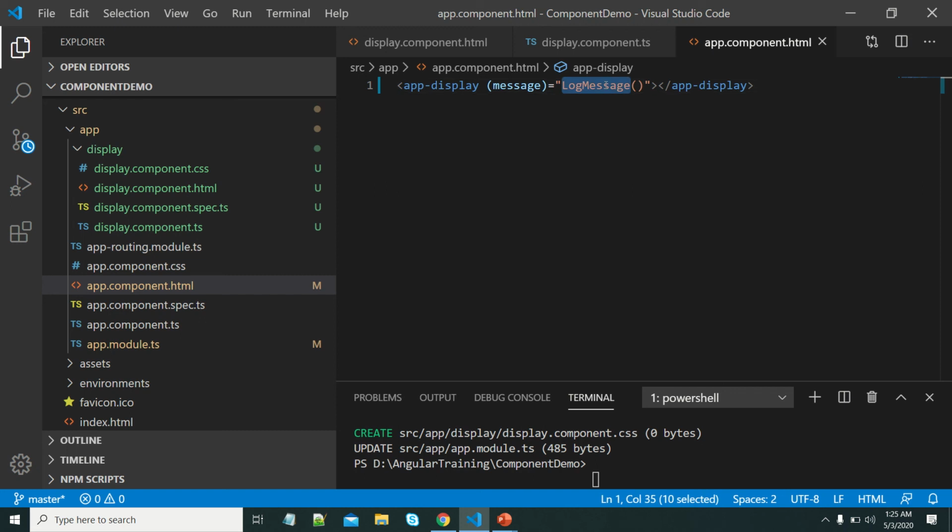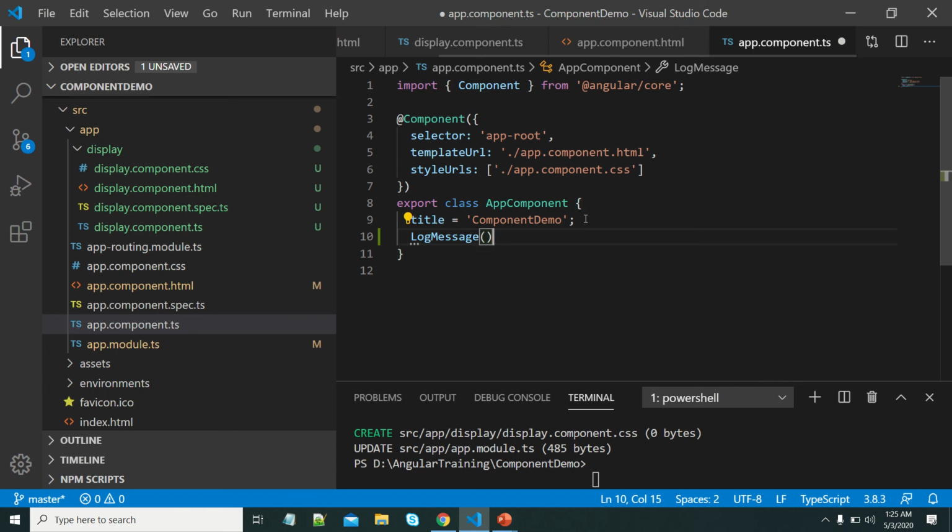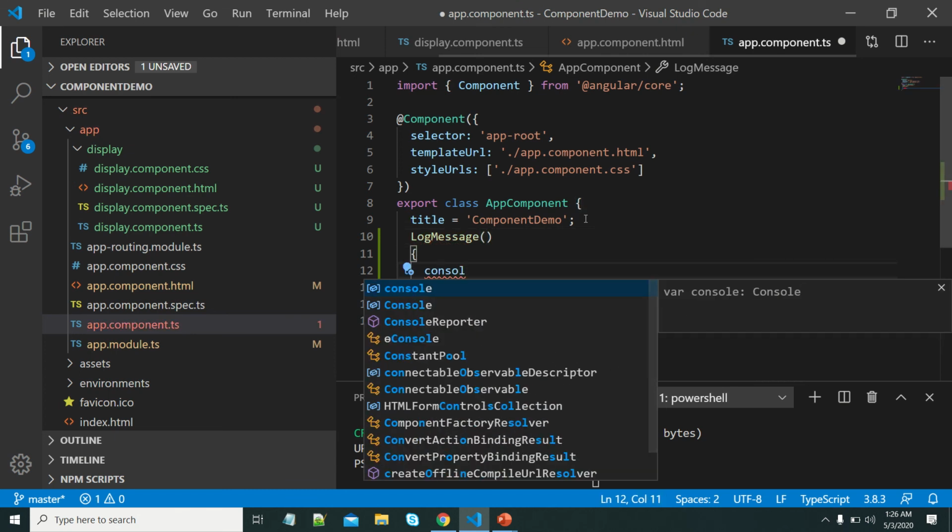Here I'm using this method. I'm just logging that into the console.